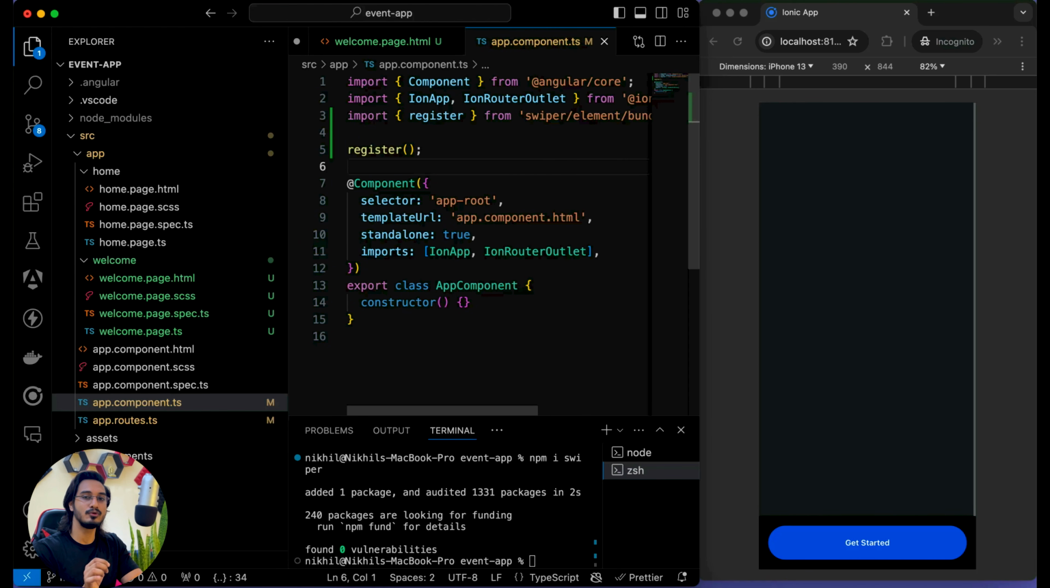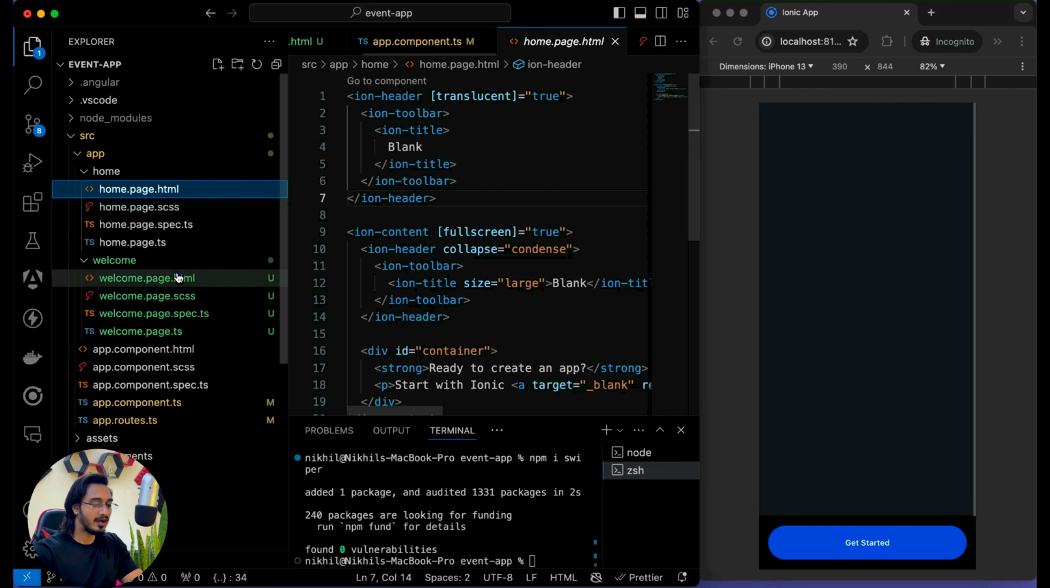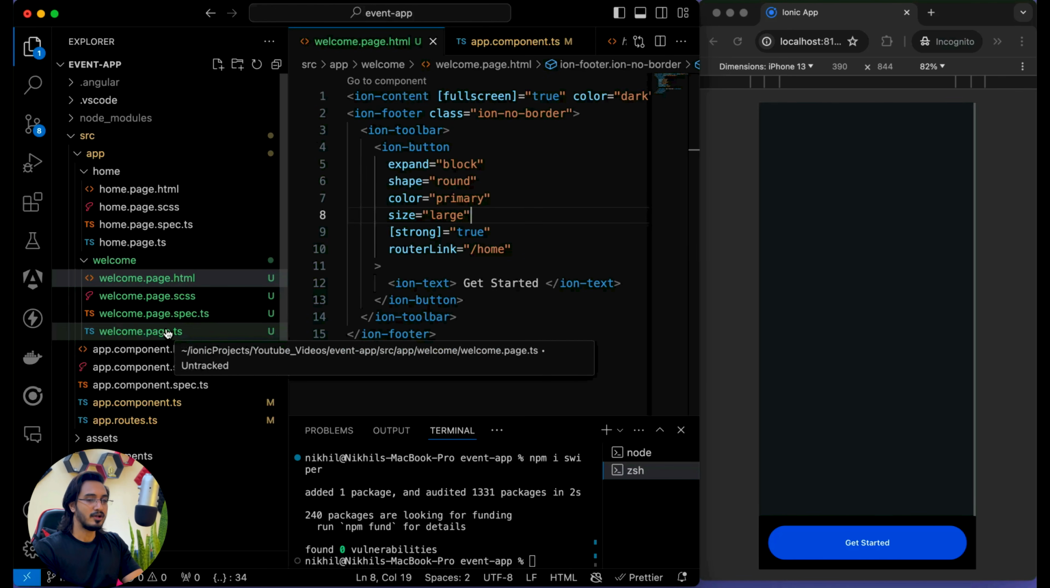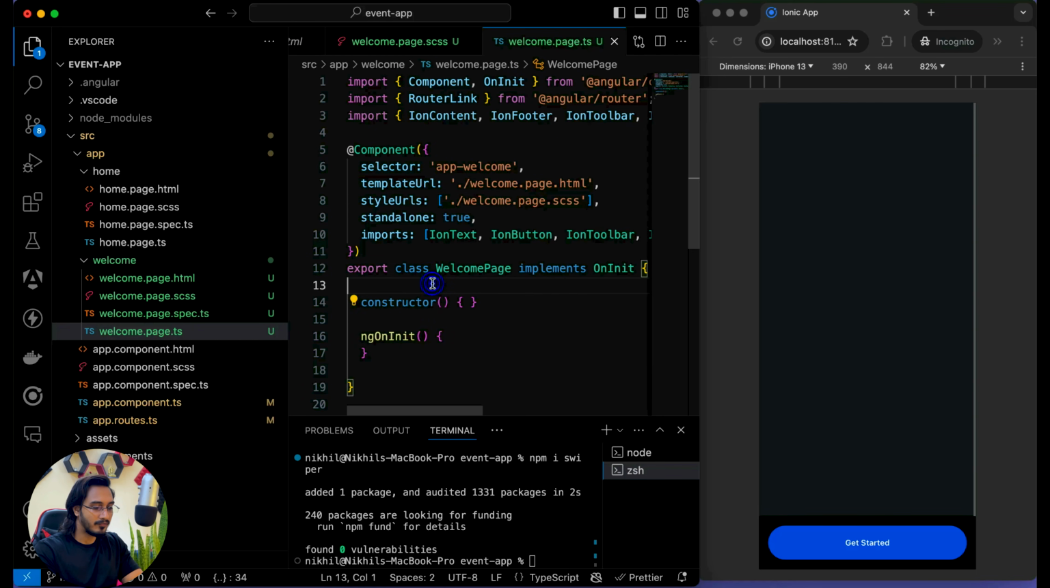Otherwise, pass it in those places where you're using it. Once that is done, we are good to use Swiper.js in our application. Now, some prerequisite things need to be done in our TS file, which are going to be